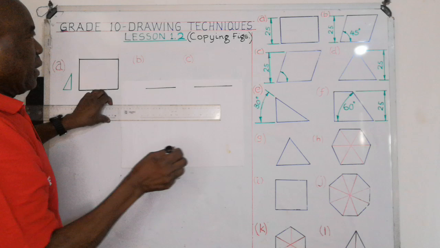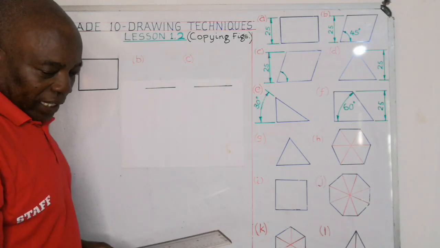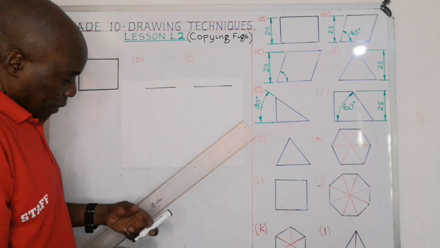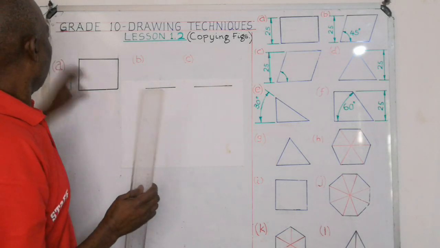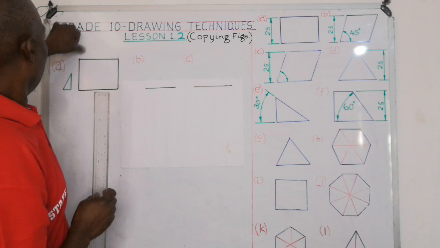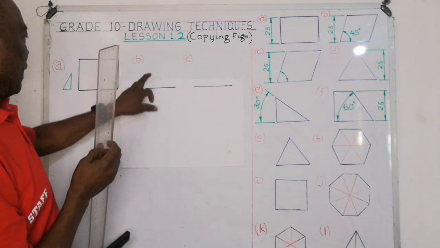So we've copied that rectangle onto the given space. So now I'm going to erase those unnecessary constructions, and then coming to B